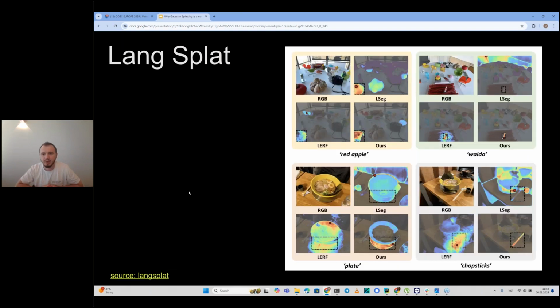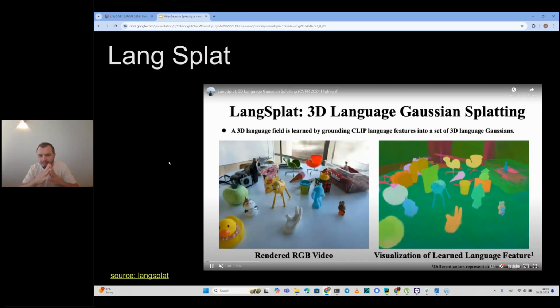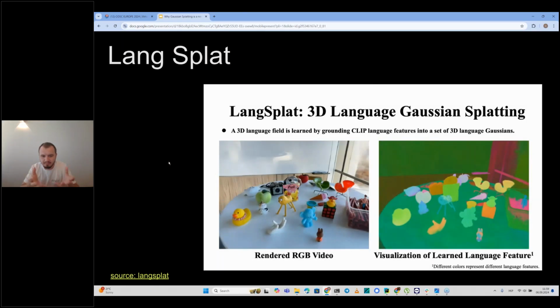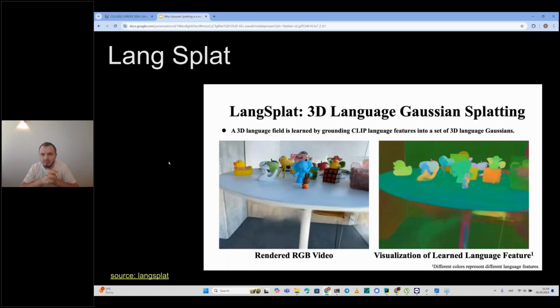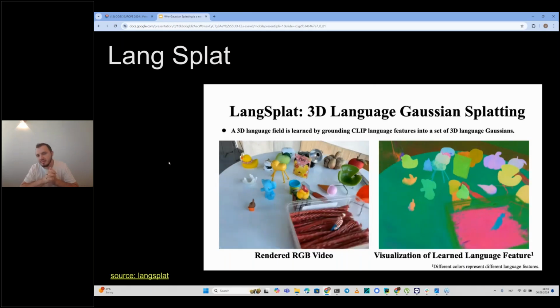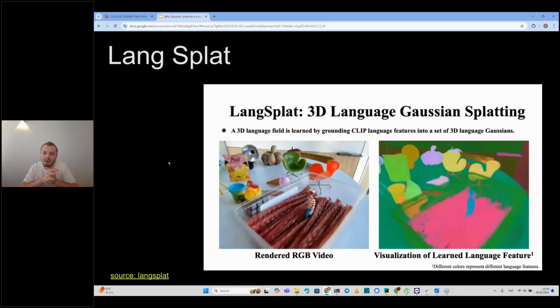And as a result, if we back-project these semantic features into Gaussian splatting, into Gaussians, not into pixels, we can learn a semantic field where each object, each part of an input image is represented as a blend of 3D Gaussians with semantic meaning fused to these Gaussians.